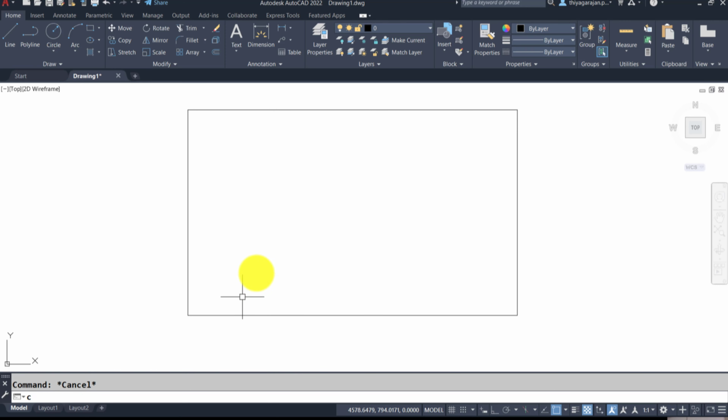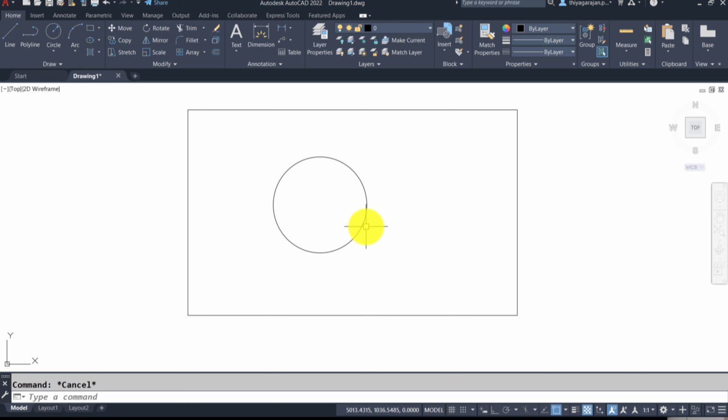Similarly, if you have a circle, you can try break at a point. Select the object. Now you have to choose the break point. Let me choose a quadrant point. Individual lines can be broken into 2 pieces, but for a circle, if you click at one point, how will it become 2 pieces? You need to choose 2 points.